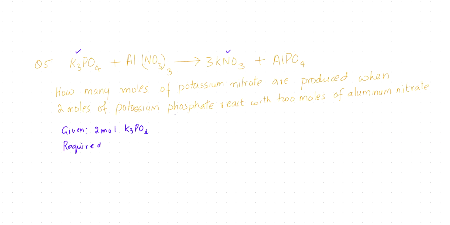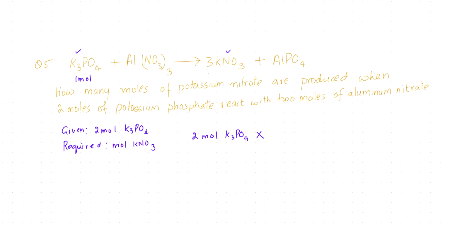So we have to find moles of potassium nitrate. So we write the given amount: 2 moles potassium phosphate times mole ratio. So 1 mole of potassium phosphate makes 3 moles of